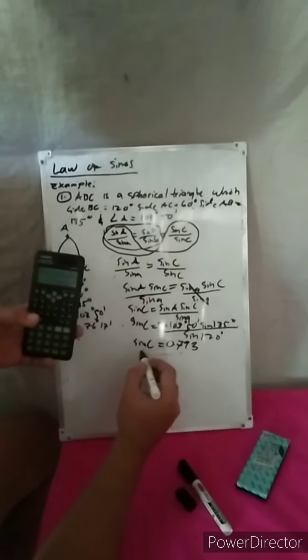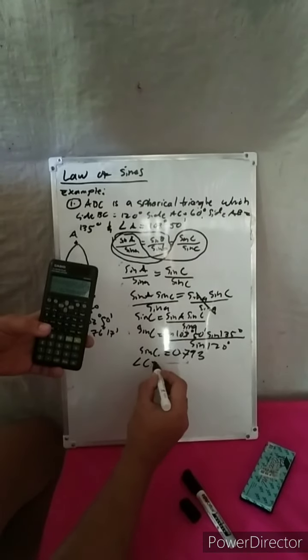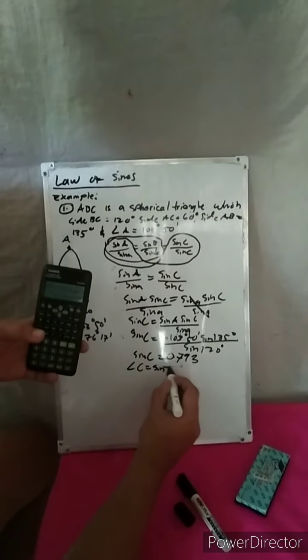Para makuha na tong angle C, arc sin equals